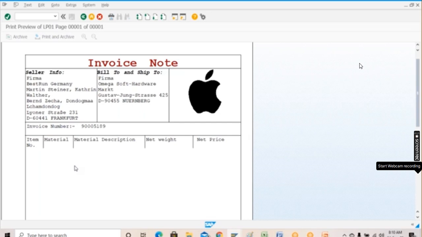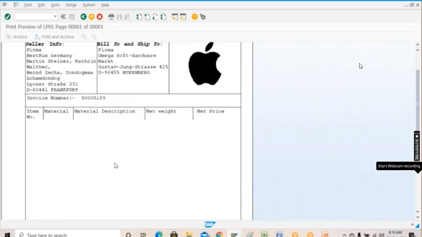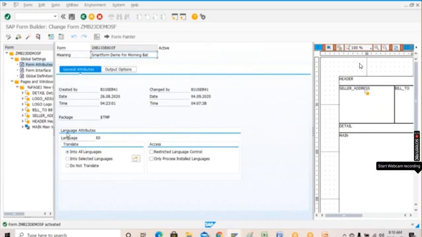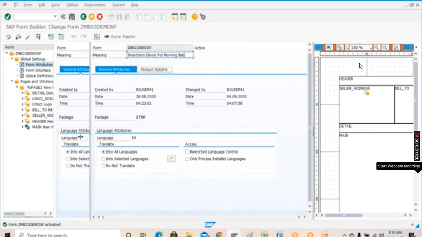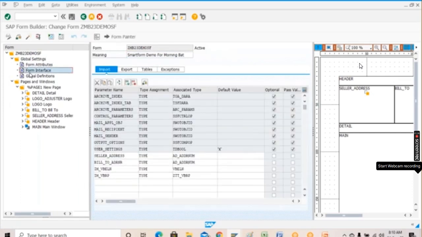Now what I want is to display the data. This item number I want to display, this material description, net weight and net price I want to display. So to display this, we have to get the data in the form of an internal table. We are getting the data here in IM_VBRP. Now this we will have to print in the